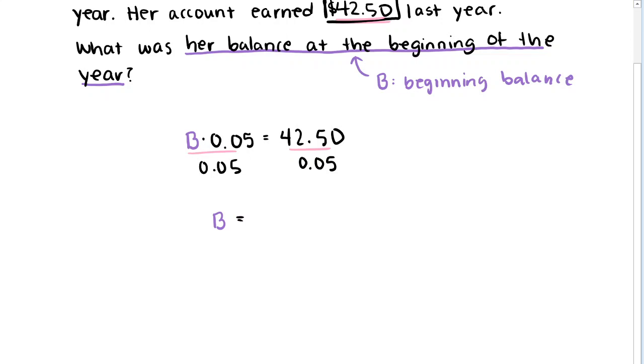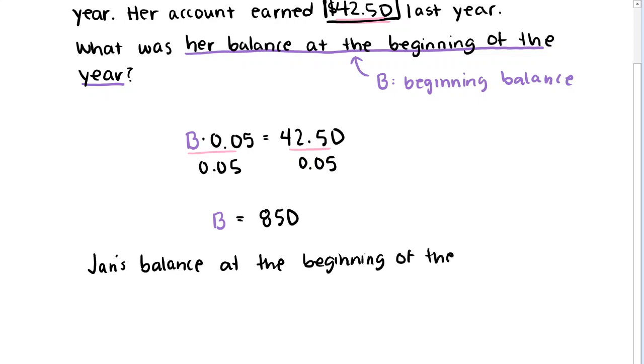Now on the right side, here we can do this with the calculator. We can divide 4250 by 0.05, and this gives us $850. And so what's the conclusion? Is that Jan's balance at the beginning of the year was